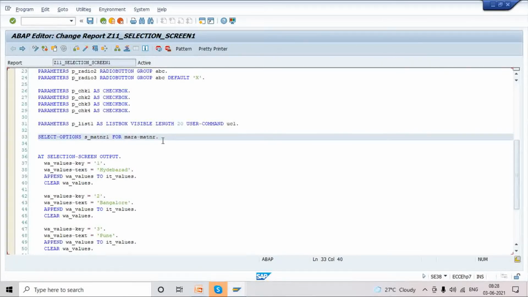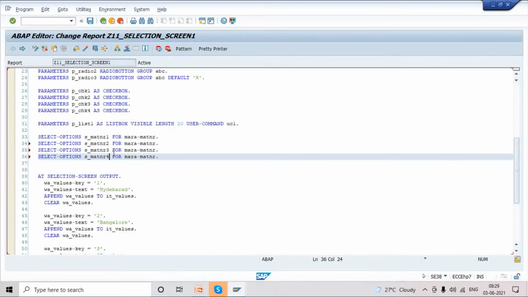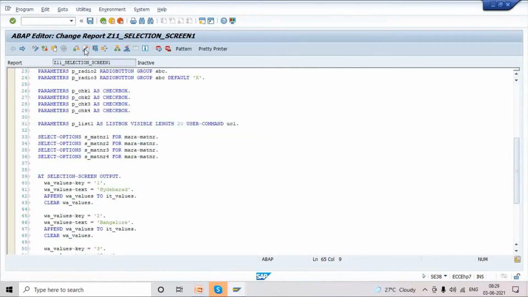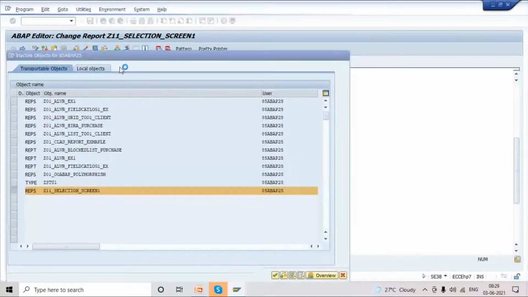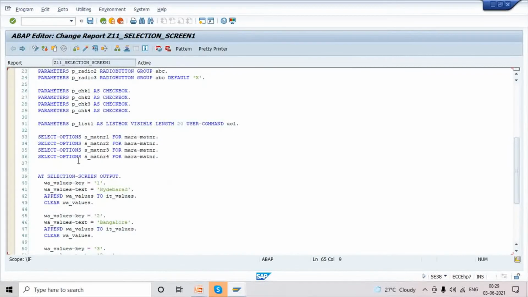Okay. You have 4 options. 2, 3, 4. Same. I'm not changing anything. Only the variable name changes. See the functionality. Then we'll apply the settings. See, it is the same 4. No differences. Okay. Now for the second one, material 2, I'm removing the extension box.